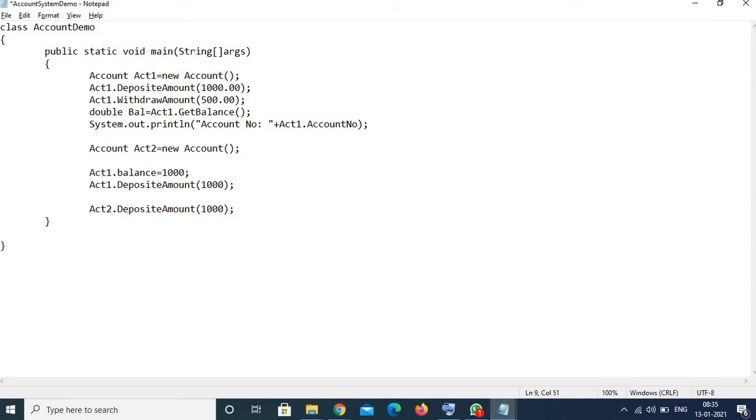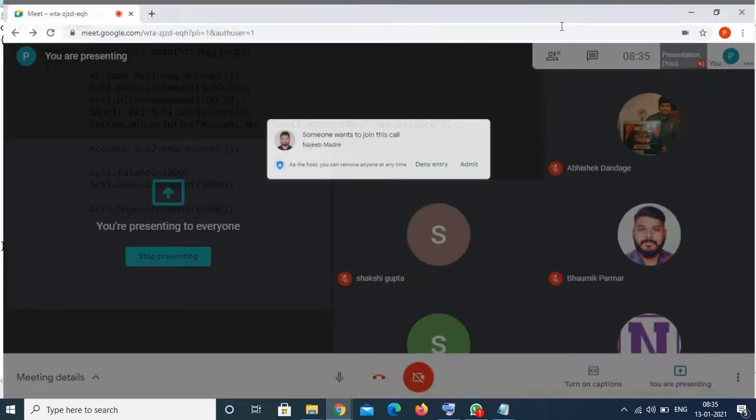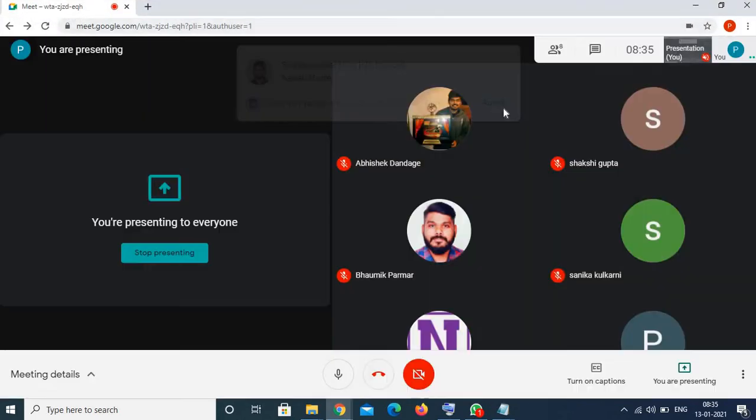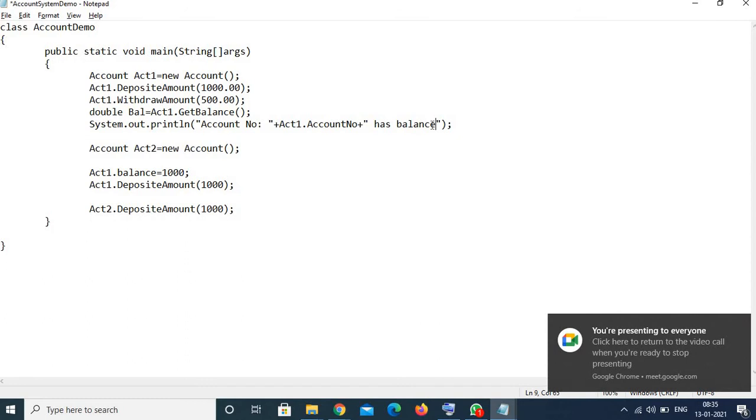So account number so and so has balance rupees.